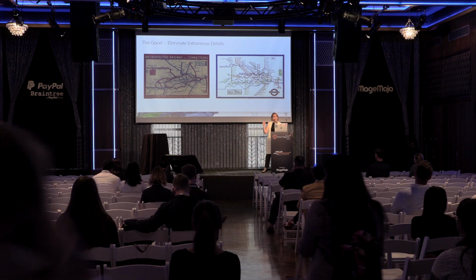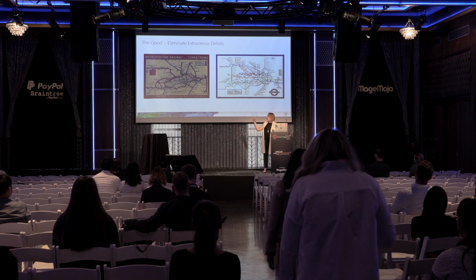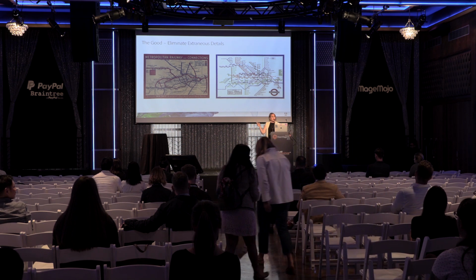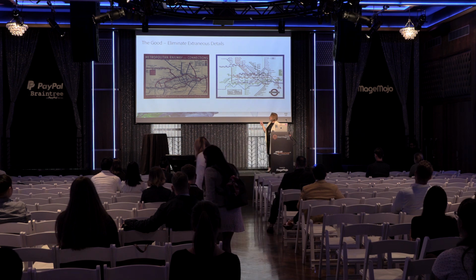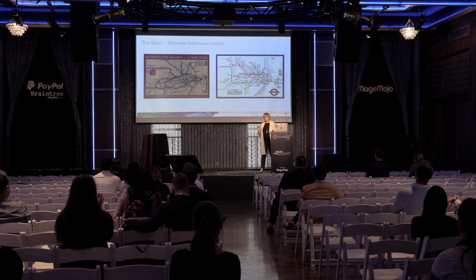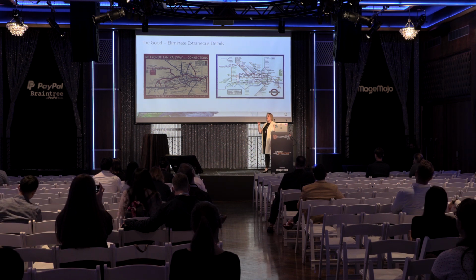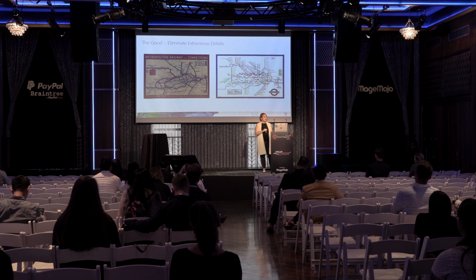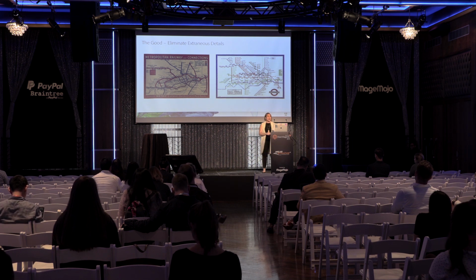And what his innovation did was, in the previous older ones, they were always overlaid on roadway maps. So they were geographically correct, and they showed the appropriate distances between things. But what Beck realized was his audience, who was the underground riders, didn't really care about where they were in relation geographically on the map. What they really cared about was how many stops they had before they had to get off, what line they were on, where the connection points were,